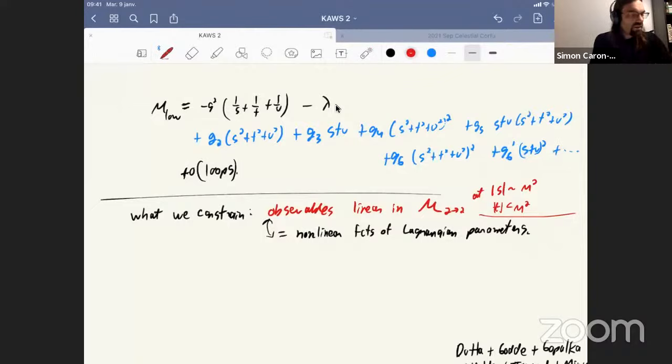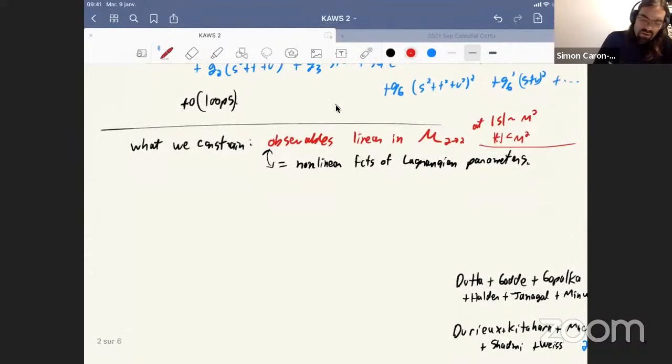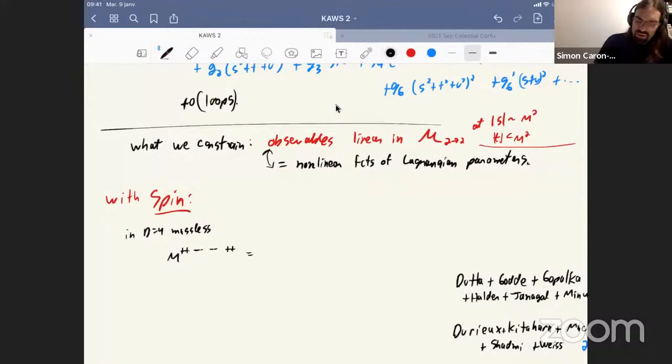Let me say a few words about the spinning case here. So when we have spin, as we saw for the graviton scattering, for example for D = 4 massless gravitons, we cannot always pull out some factor. So for the amplitude of a bunch of gravitons, I'm going to write the same example as we had before. We have something like